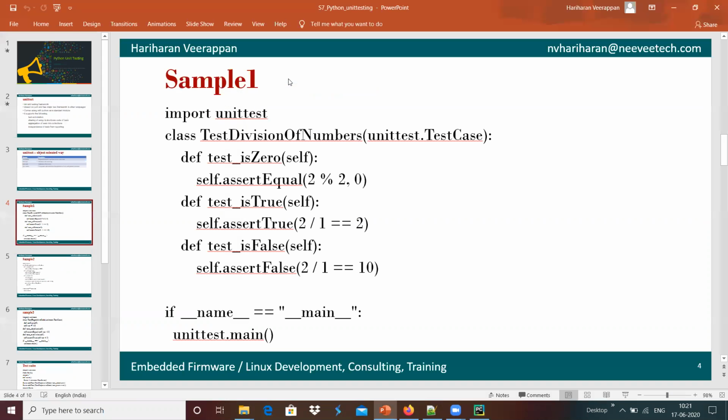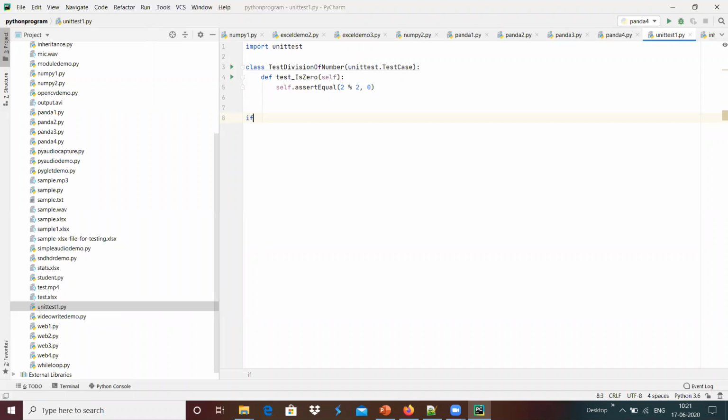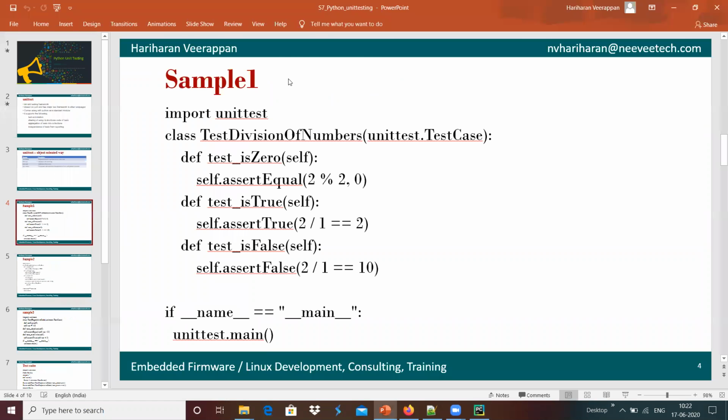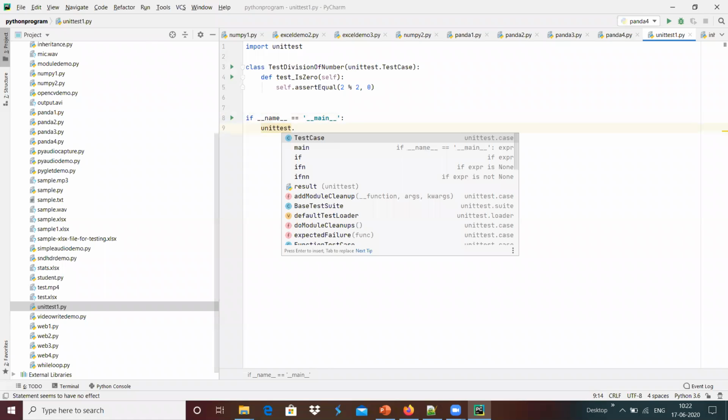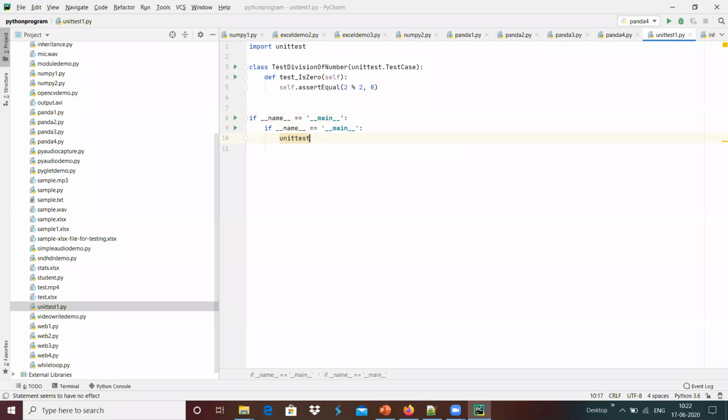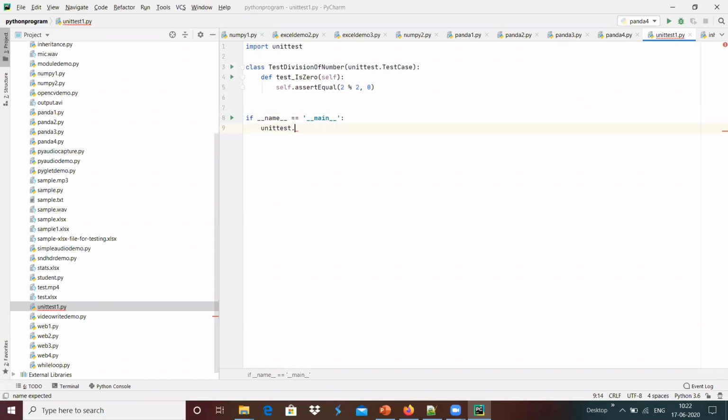Maybe I'm going to run this over here, and I'm going to do if name equals main underscore main, if it is the main function, then we can do unittest.main over here.